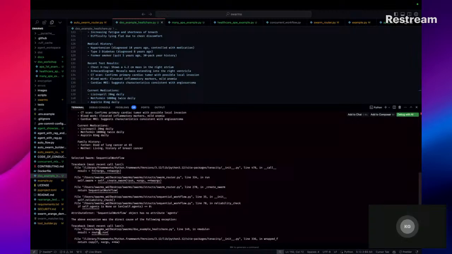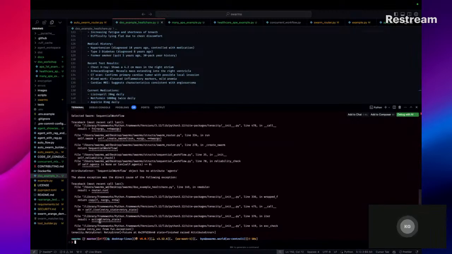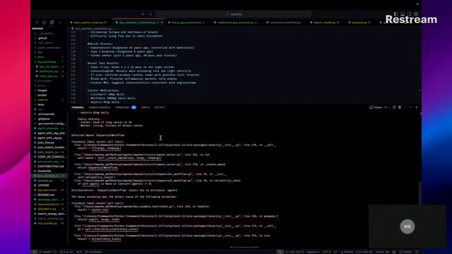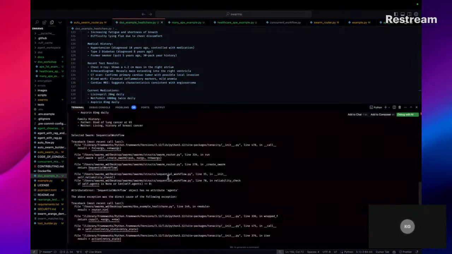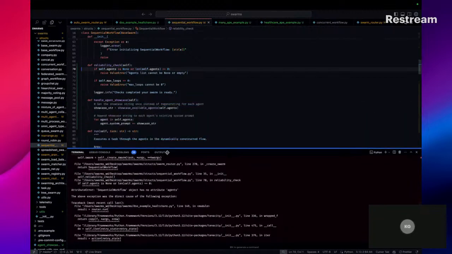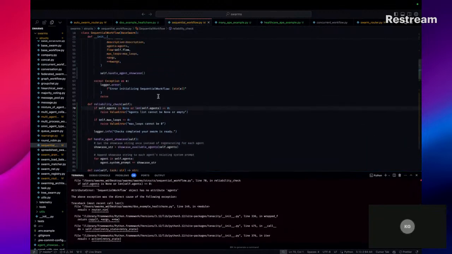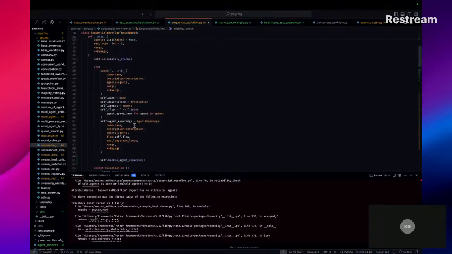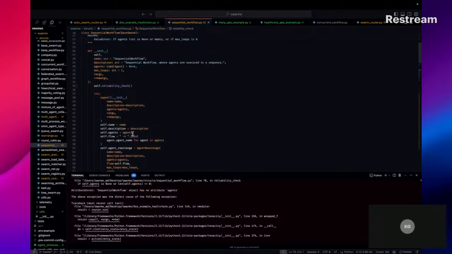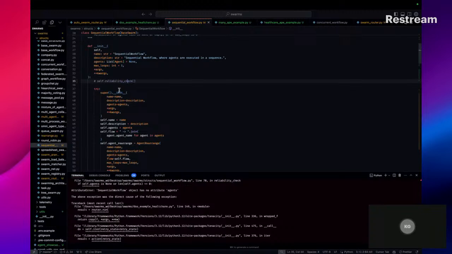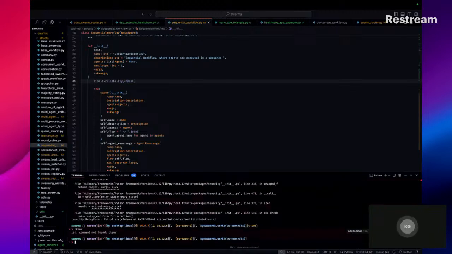So you see, it selected the swarm workflow, but there's still these examples from before. I think that was the issue.